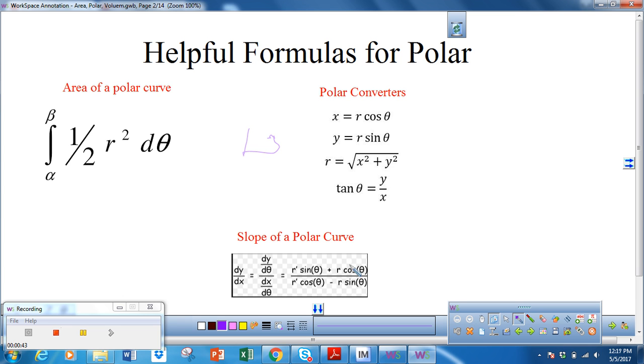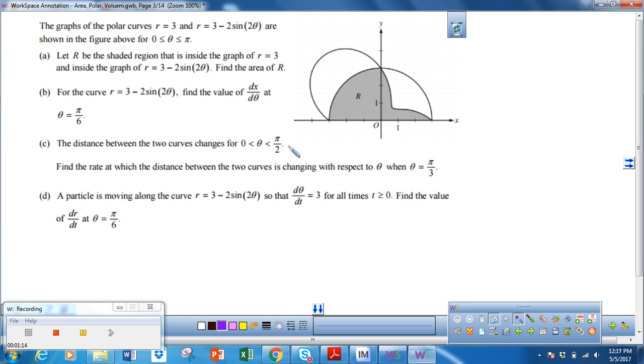The slope of a polar curve can be given by dy d theta over dx d theta. Now, I don't memorize this formula because I just use this. I find r sine theta and take the derivative of that divided by x. I find x and take the derivative of that. But if you want to memorize that formula, then go right ahead. Okay, so this first question asks